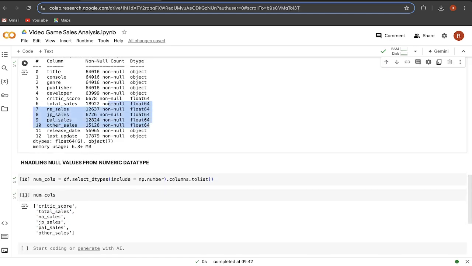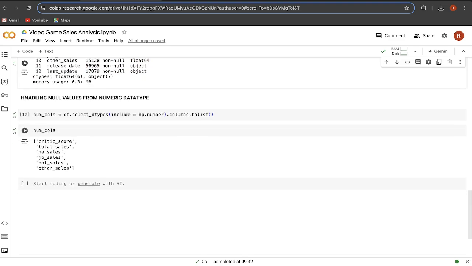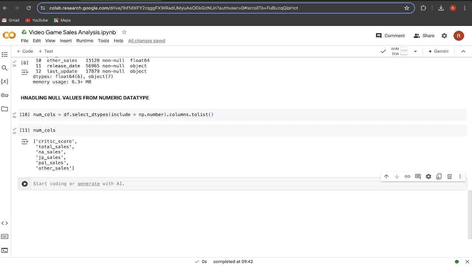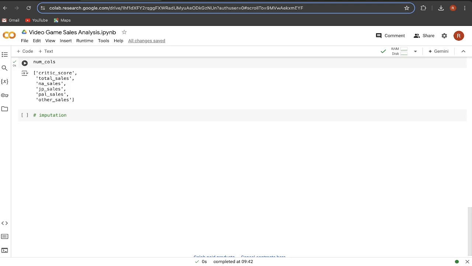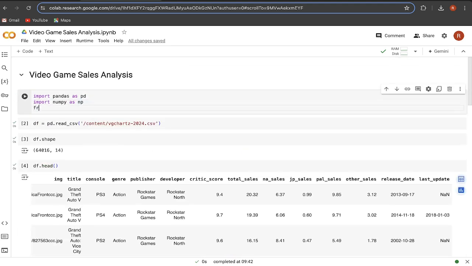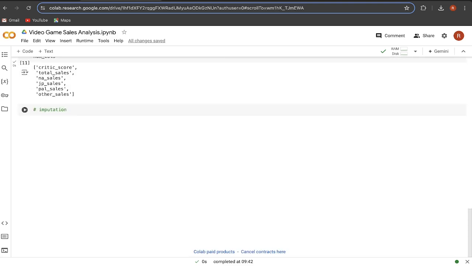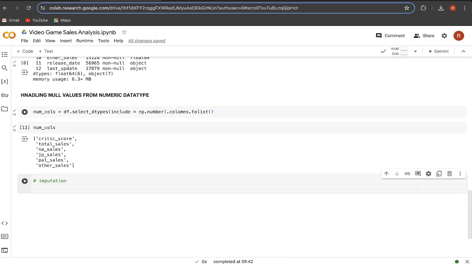So first we are going to handle the null values from these particular columns. For that we will perform imputation here. Let's say imputation, and for that we require one more library. So let me go here and say from sklearn.impute you have to import SimpleImputer. Let's run that. Now here we will just create an object of that class. Let's name it imputer is equal to SimpleImputer,